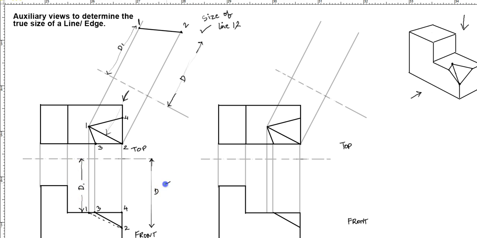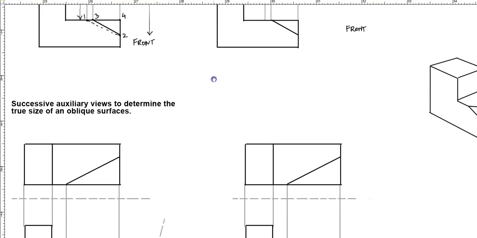So these two distances are same from our plane folding lines. Okay, so that's the auxiliary view to find this shape for true size. Okay, now we have one more left, which is the last one for this chapter,